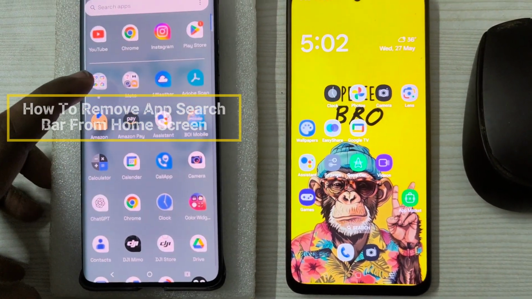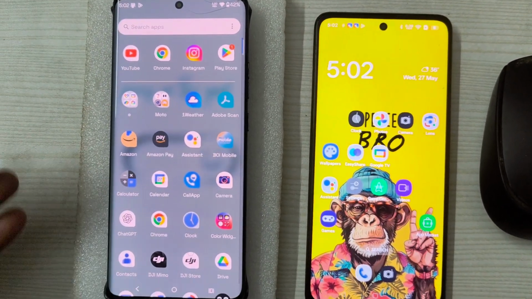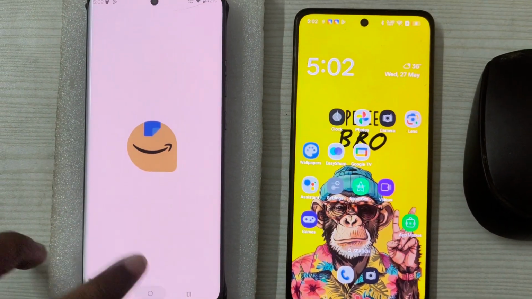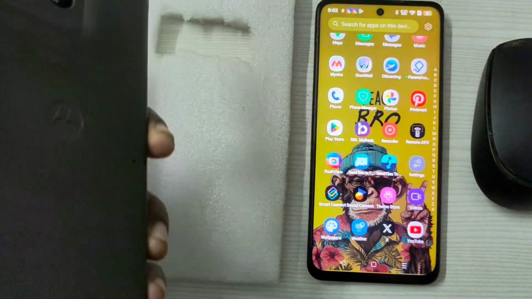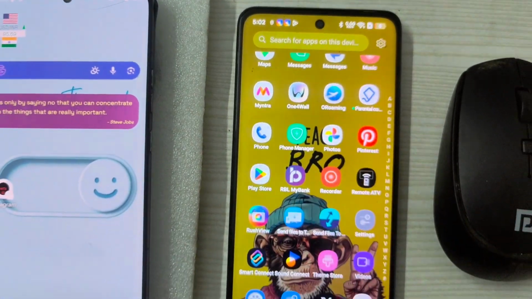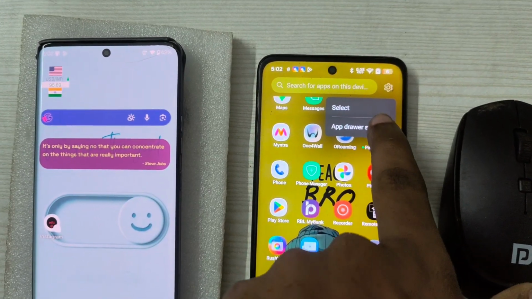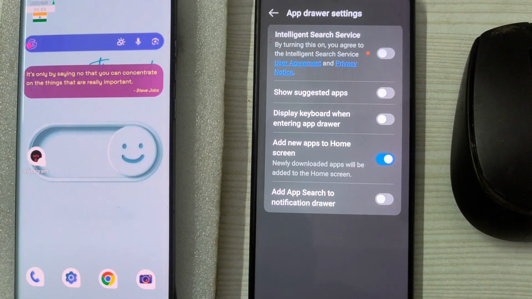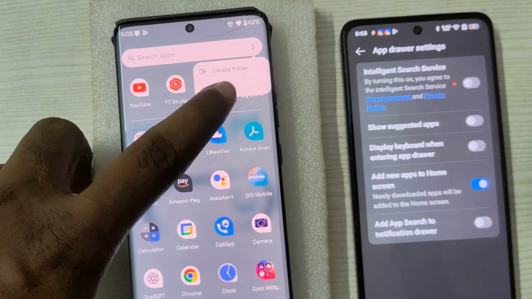Today in this video I'll tell you how you can remove the search bar from the app drawer on the home screen. See, this is on the Motorola mobile, and this is on the Realme mobile. This also has the search bar. When you click on the settings, there is no possible action of removing this search bar. Actually, the search bar is common, and here also, click on the settings